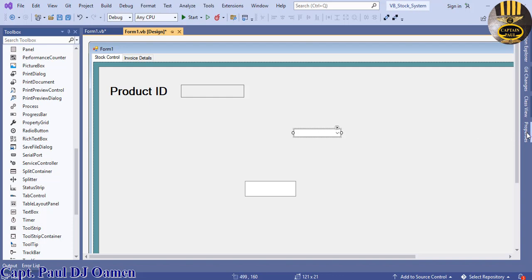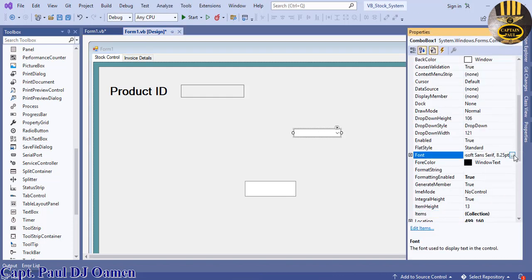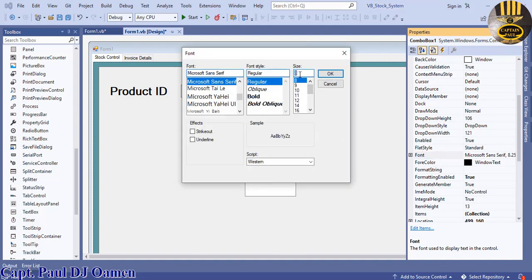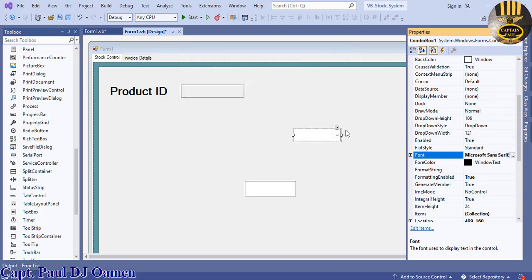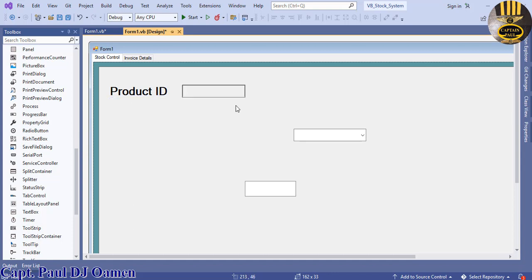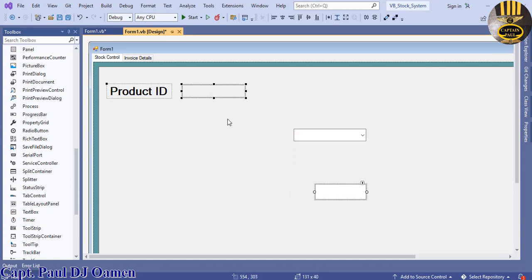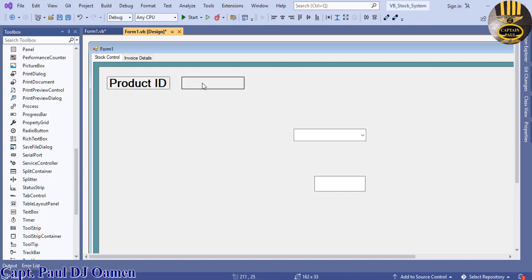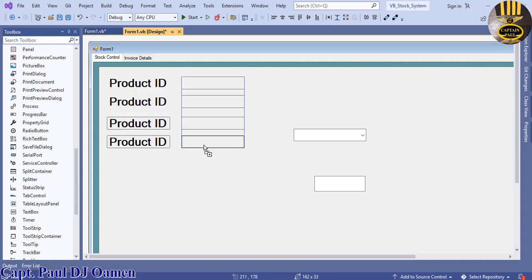And this combo box, I'm going to change the size of the font on that combo box to 14, because I'm going to need some room to get that done properly. Make that bold as well. There. Okay, that's fine. So let's copy this now. So select both labels, and just hold on to your control, click and drag. We have two. We have